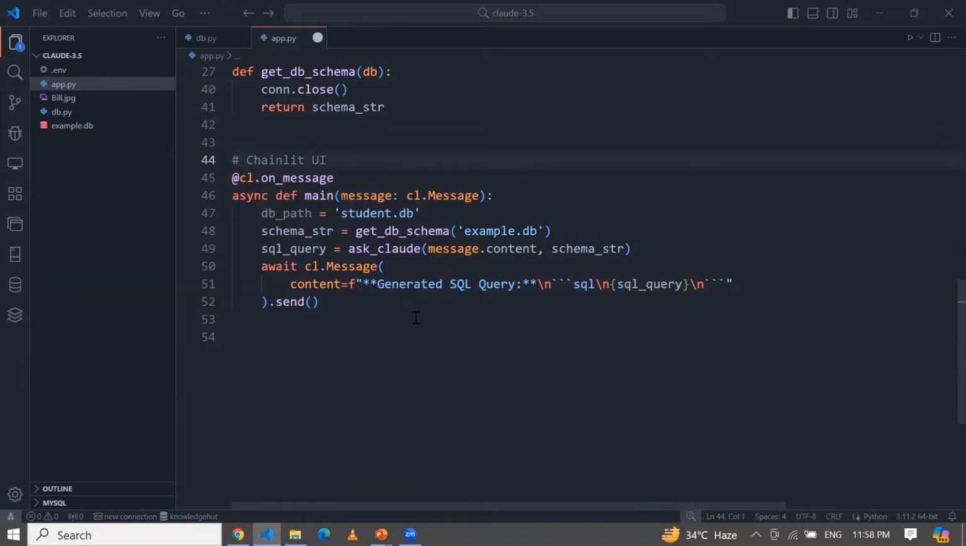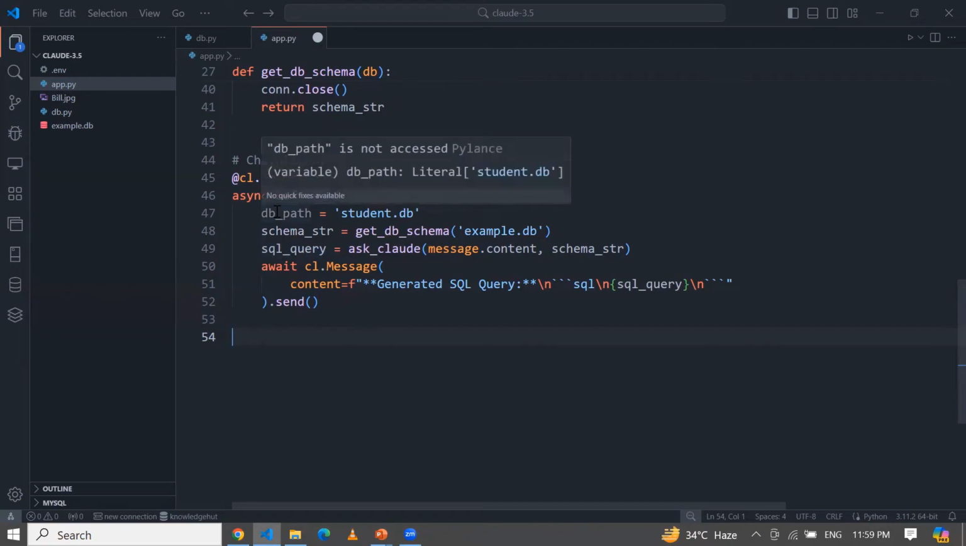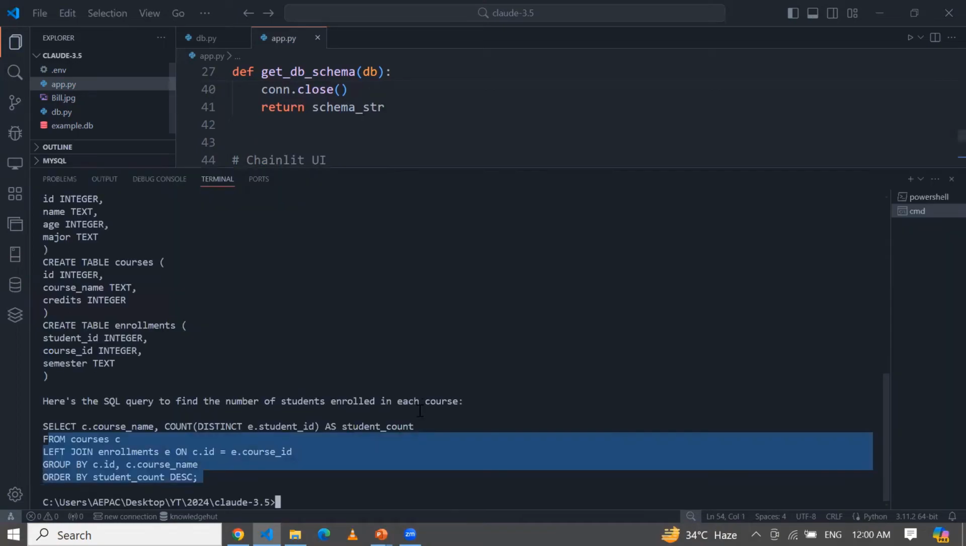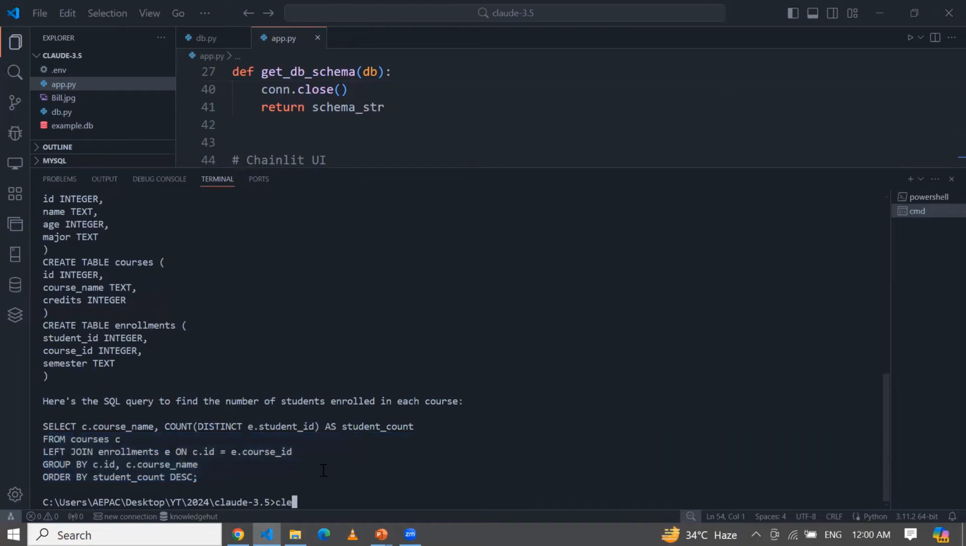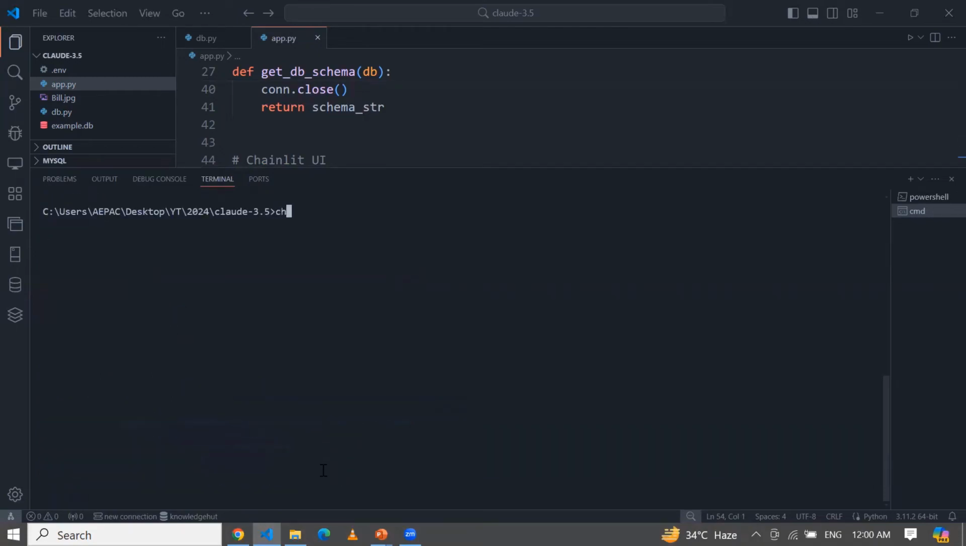So what I'm doing here, guys, is cl.on_message. This is the particular decorator applied on the main function. And here I'm going to define an asynchronous function, which defines a function named main that takes a parameter message of type cl.Message. This function will be called whenever a message event occurs. Okay. Now let me save this and let me run this particular script with the help of chainlit run